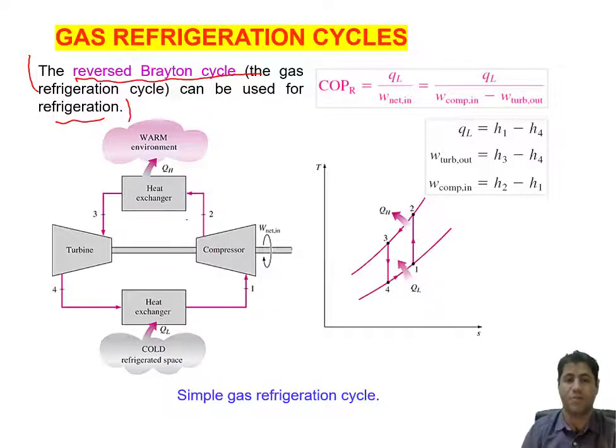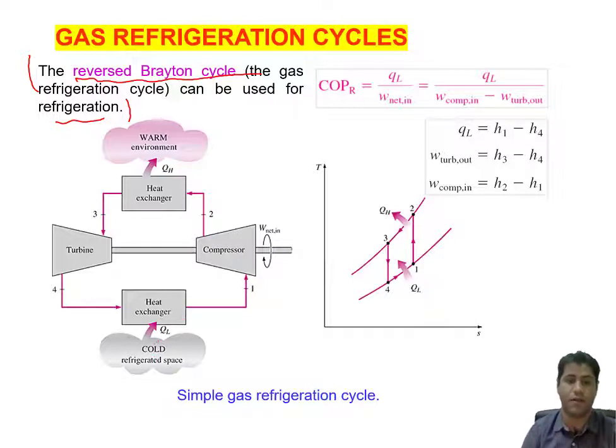It is compressed in the compressor. It will go to the heat exchanger, where the heat is rejected to the warm environment. After that, it will go to the turbine, and in the turbine there is an expansion, something similar to the expansion valve. Then, in the turbine, the temperature of the working fluid, which is the gas, will reduce, and after the turbine we have a low temperature gas and it will go to the heat exchanger, and in this heat exchanger